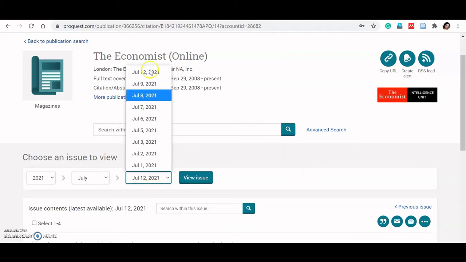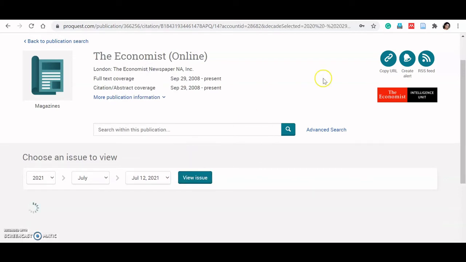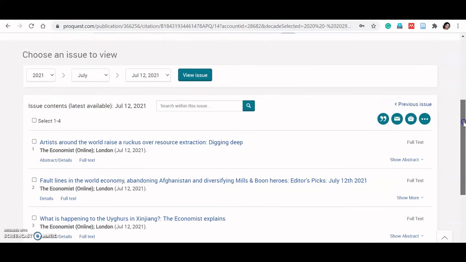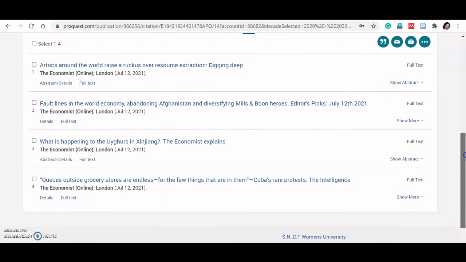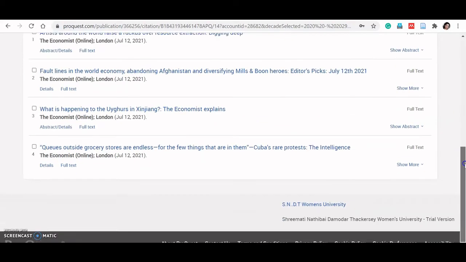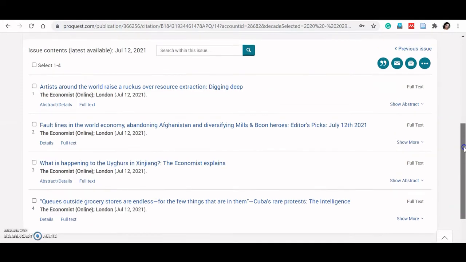We can click here on 12th and you can see the issue. In this issue, it is going to show us all the articles published in the Economist. It is not like how we visualize or think of a newspaper.